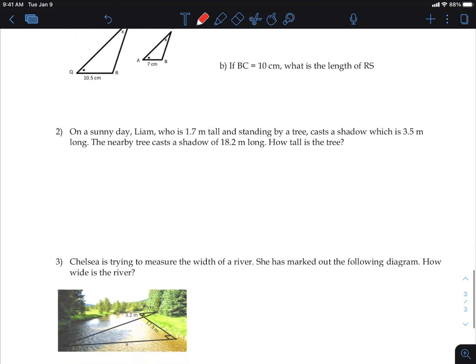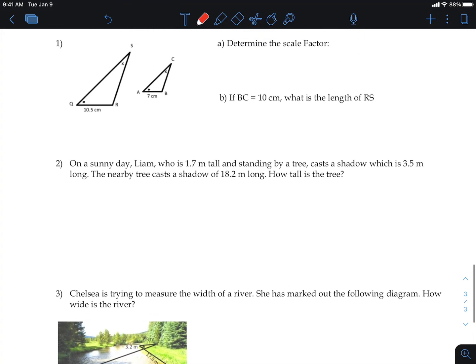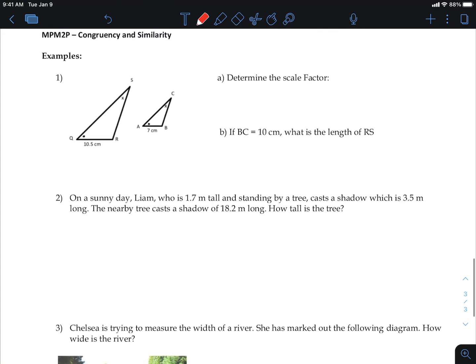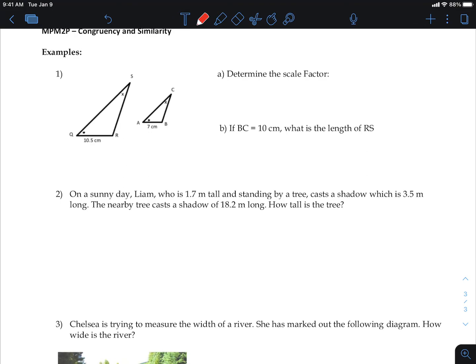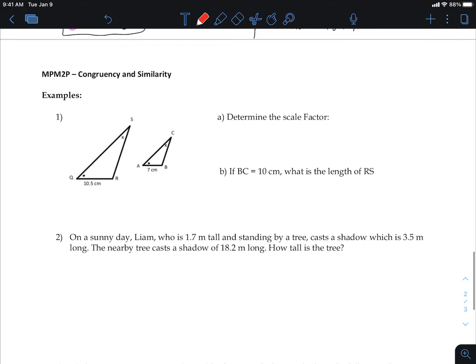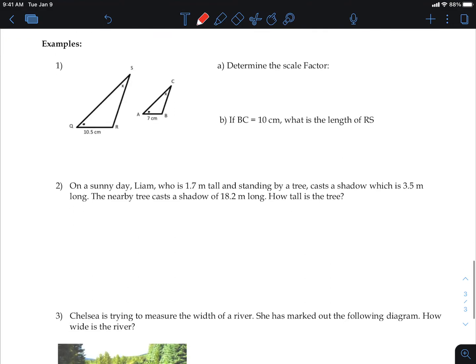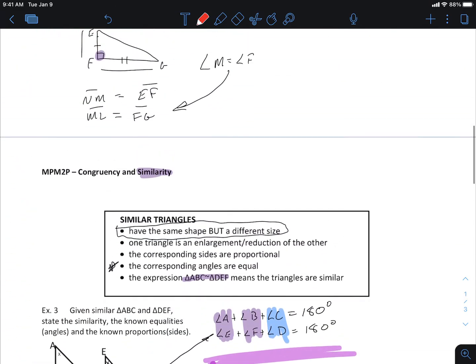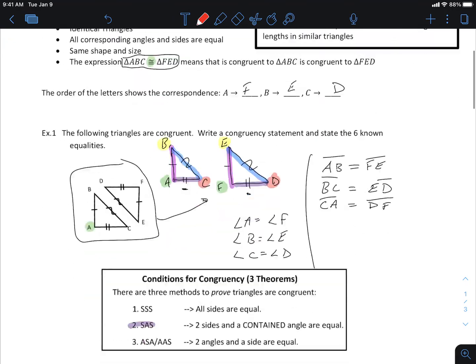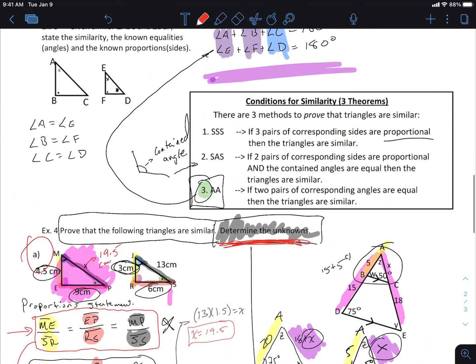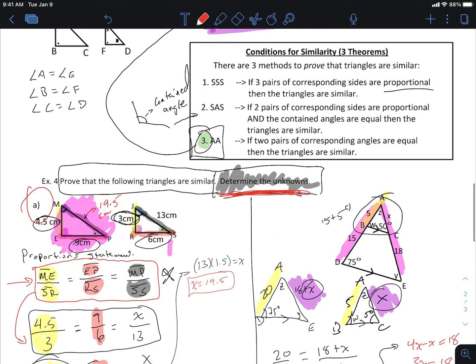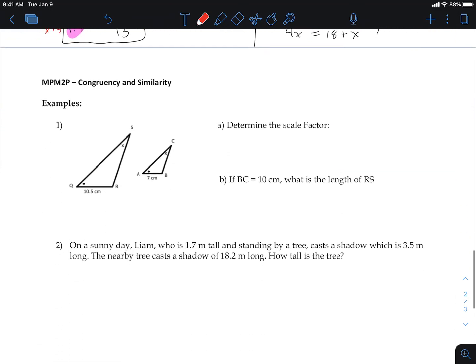I just want to run through a couple more just before we get, well, I guess we've got 15 minutes. I just want to run through a couple of these and show you guys how to do this, okay? This is really the expectation of this chunk, okay? Can we solve problems involving similar triangles? The top half of this is just like math jargon, if you will, okay? It's just giving you the background from a mathematical standpoint, and now we're actually just going to